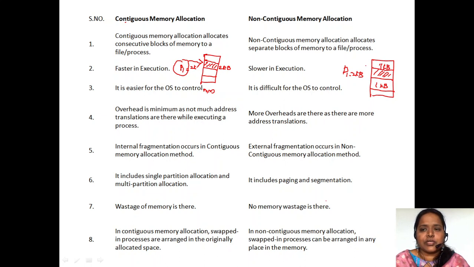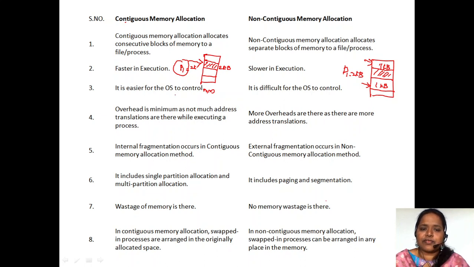But when it comes here, it is slower in execution. Why? In the sense, here 1 KB is there, and again I have to search where the other KB is. So searching takes a major role. Why is the other KB there? In the sense, here the searching is going to be late. Here the searching is faster, and execution is going to be quicker.